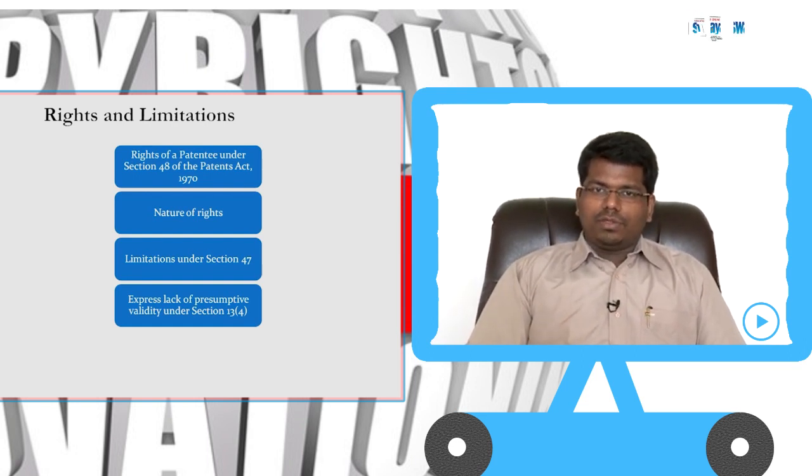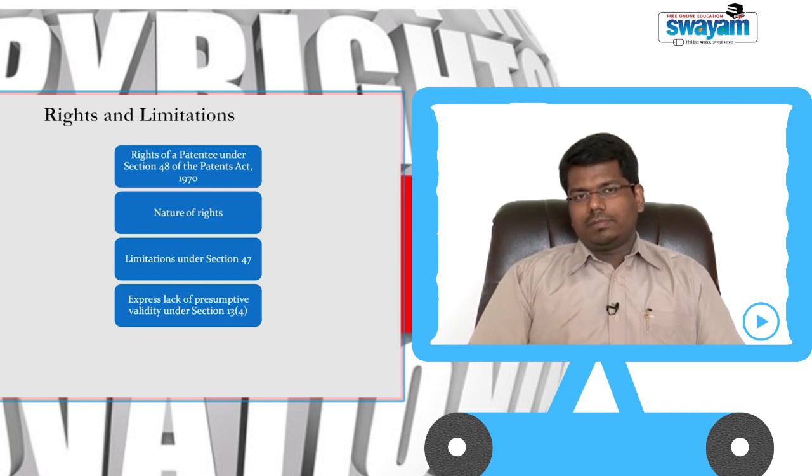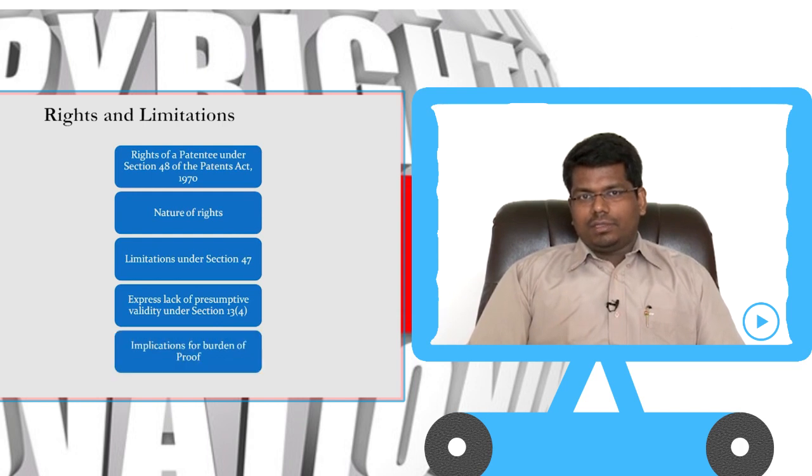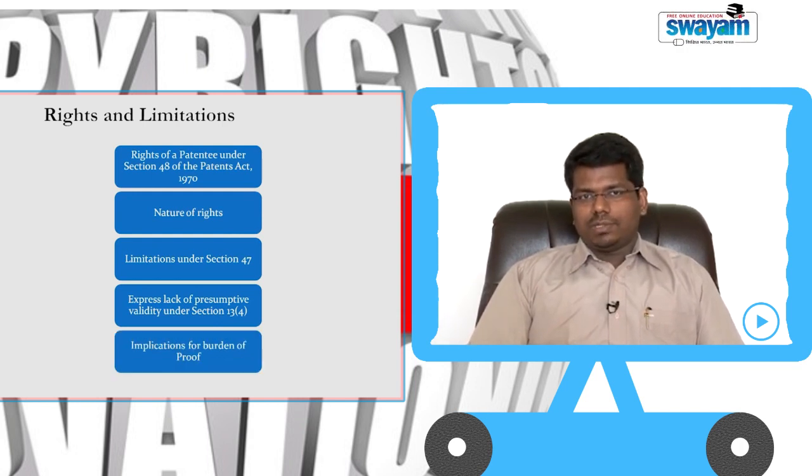Now, section 13(4) has also been interpreted by the Supreme Court in the decision of Vishwanath Prasad Radheshyam versus Hindustan Metals, where the Supreme Court has interpreted section 13(4) to mean that despite the fact that a patent may have undergone rigorous examination during the course of its prosecution by the Indian Patent Office, it does not translate to any form of validity, which means the evidentiary burden is on the patentee whenever he seeks to assert the patent in a court of law.